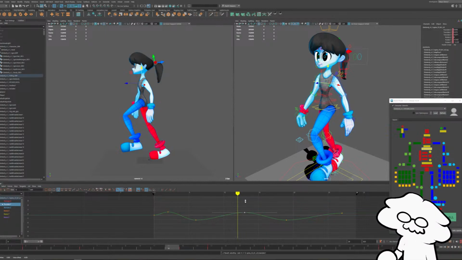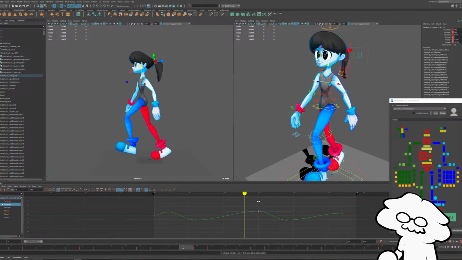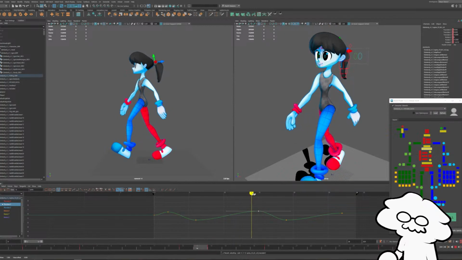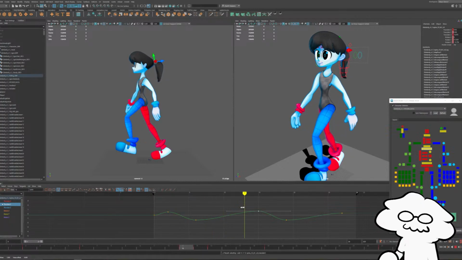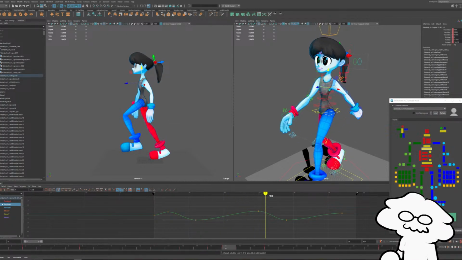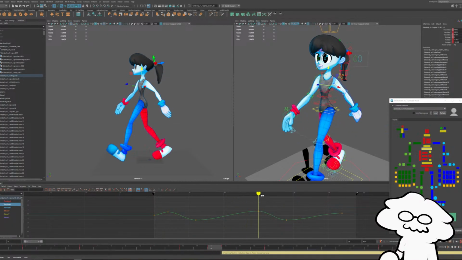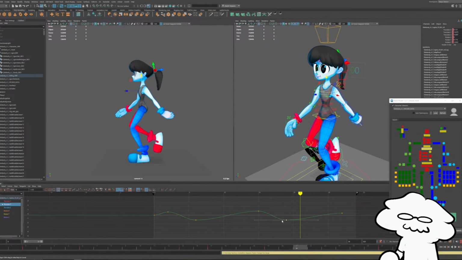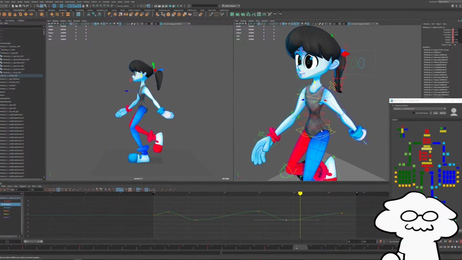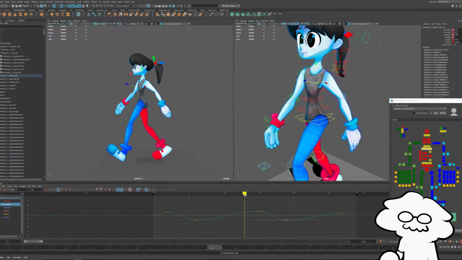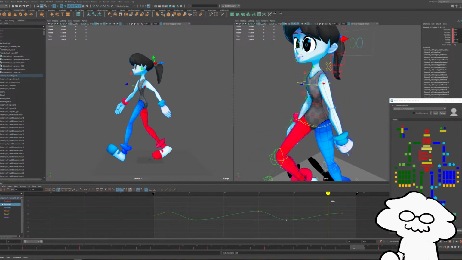And then we'll do the same to this one. Have it a few frames after the second step, or even on the actual step. And then after the step, it moves downwards, just so you get that bounce after each step.